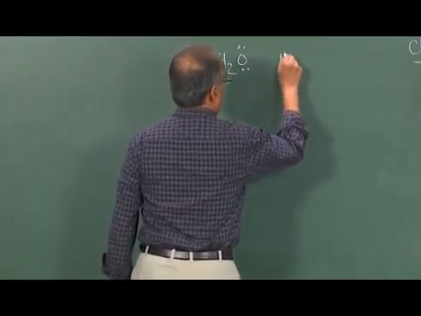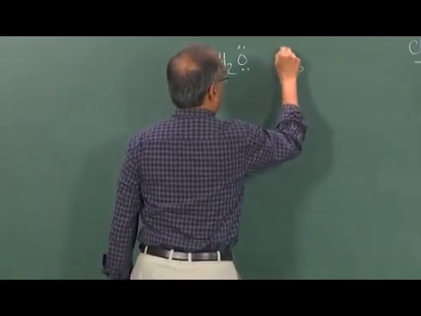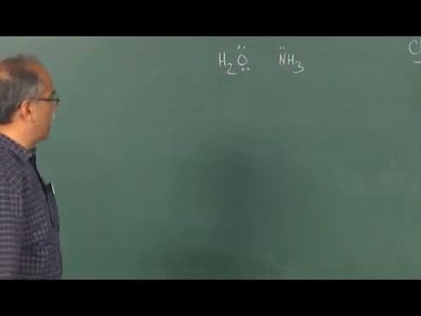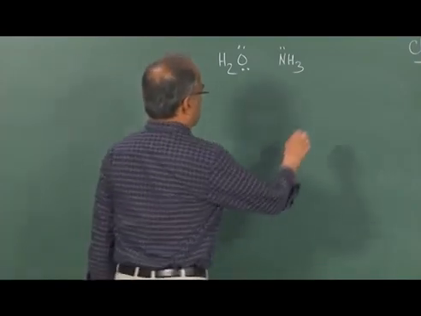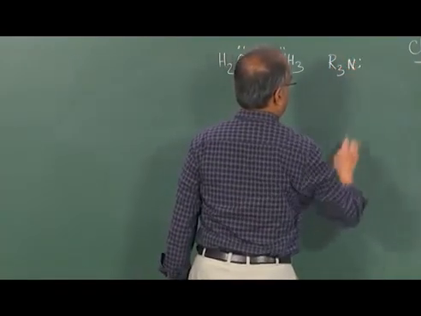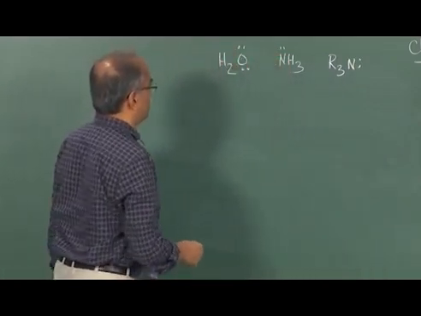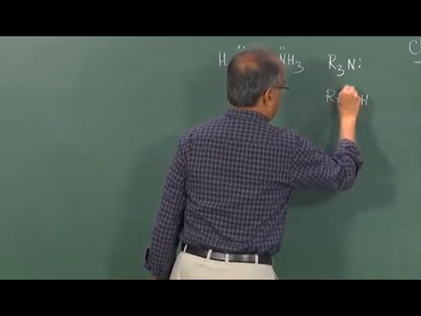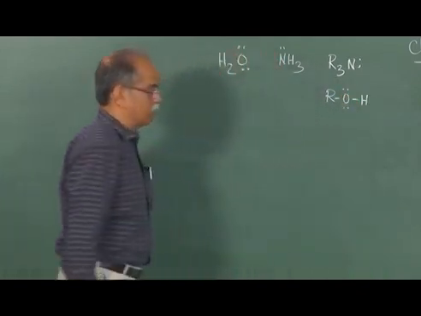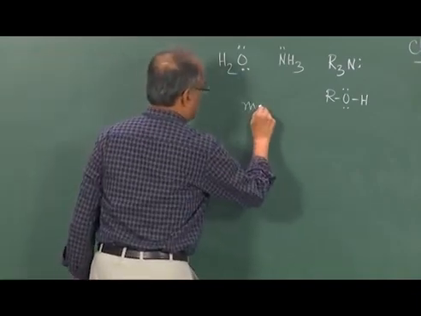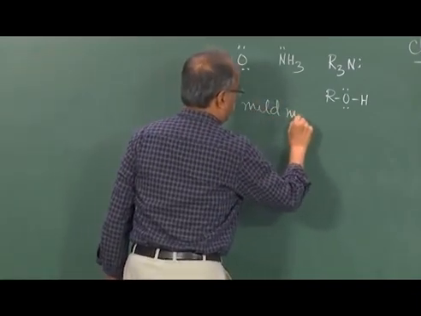Ammonia is a nucleophile, for example, because of the presence of a lone pair of electrons on the nitrogen atom. So, in general amines, tertiary amines, secondary amines, primary amines, and alcohols, for example, are all examples of nucleophiles because of the presence of electrons. One can classify them as mild nucleophiles,